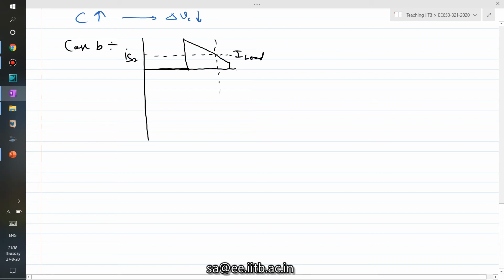And now I can draw the capacitor current IC, which is nothing but equal to switch current minus capital I load, which would be negative first, then it would go positive, and it will touch 0, and then again it will become negative. Right? The next cycle again it will jump to the same value and then remain flat, and this pattern would repeat.